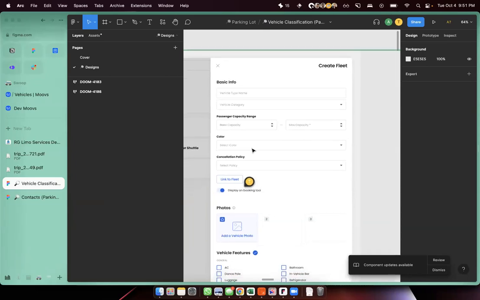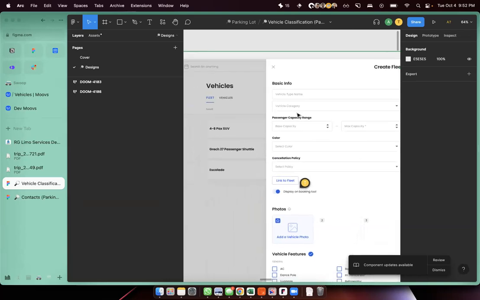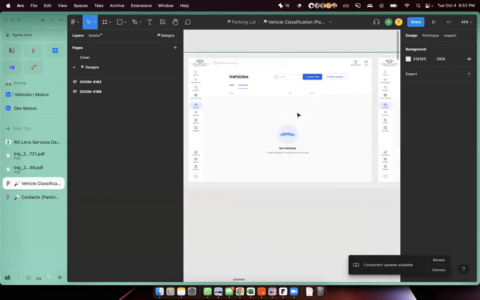So one last thing I'll show you, Joe, is a feature that we're working on for this quarter that's going to be out pretty soon. You're going to be able to create vehicles with just this much information now, which will make it a lot easier for all of you to create those vehicles that you don't own. That's one of the big features coming soon.